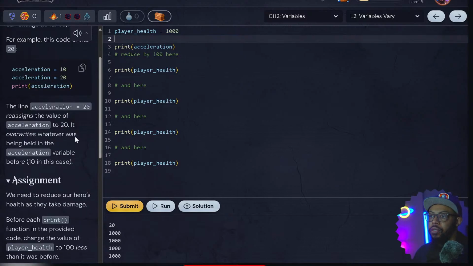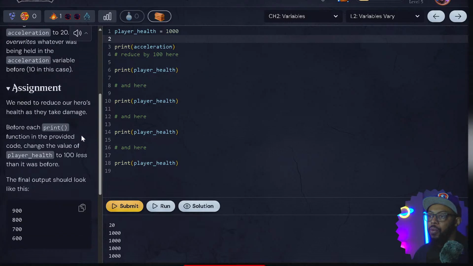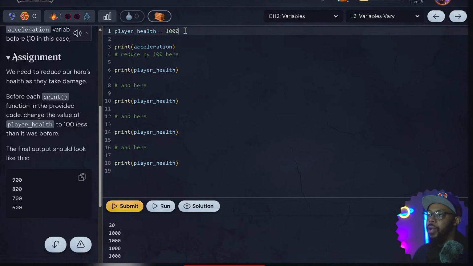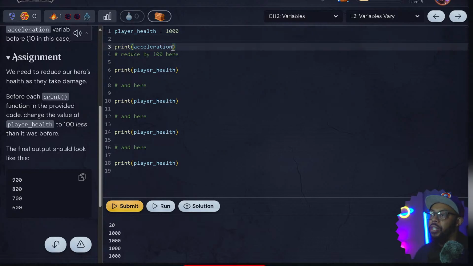So this line, acceleration 20, it reassigns this. The lowest line always reassigns the top line. We need to reduce our heroes' health as they take damage. Before each print function in the provided code, change the value of the player to 100 less than it was before. So all we got to do is